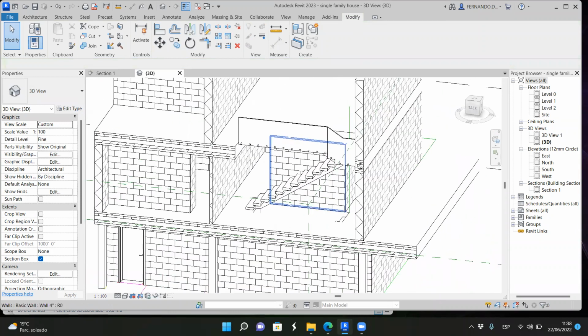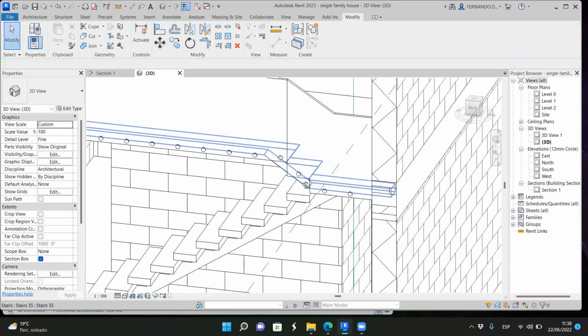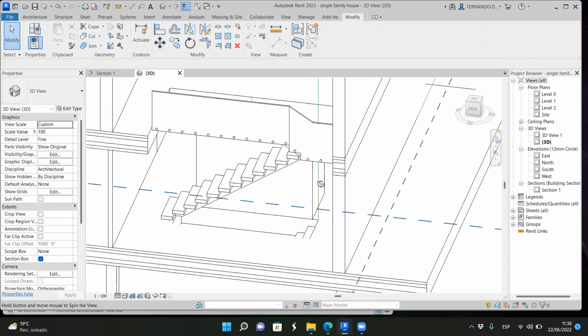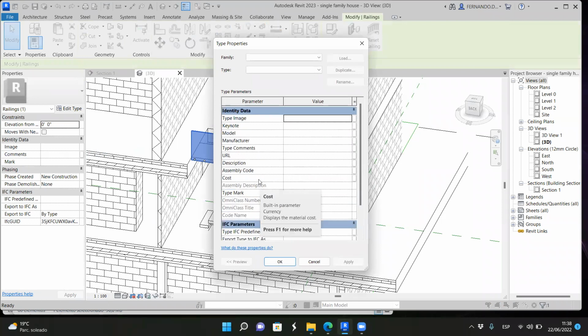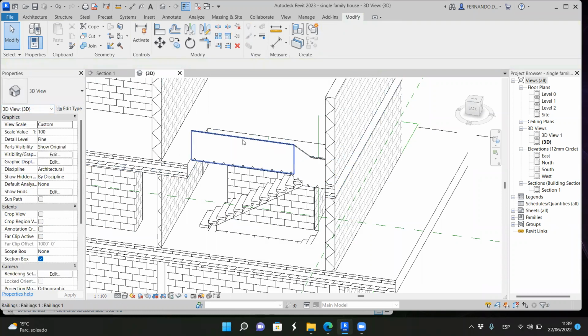Well, I'm not very happy with this design. I think it could be better probably if these were tilted, it would look nicer. But anyway, it's safe. And now if we want to make it transparent, sometimes we can edit type and we have the opportunity to change the material, but we don't have, well, I don't know, but we can always, if we want to make something transparent, you can